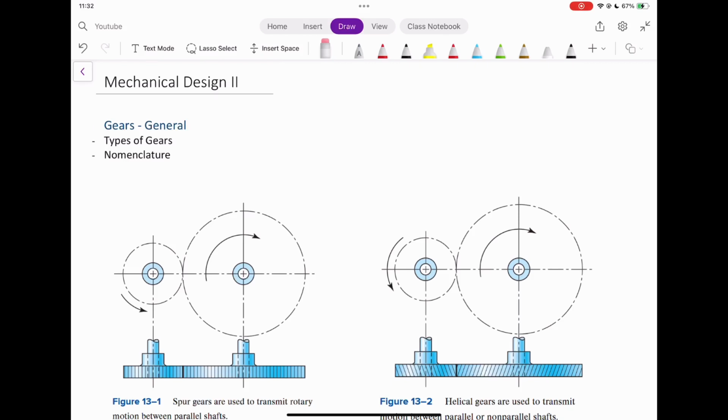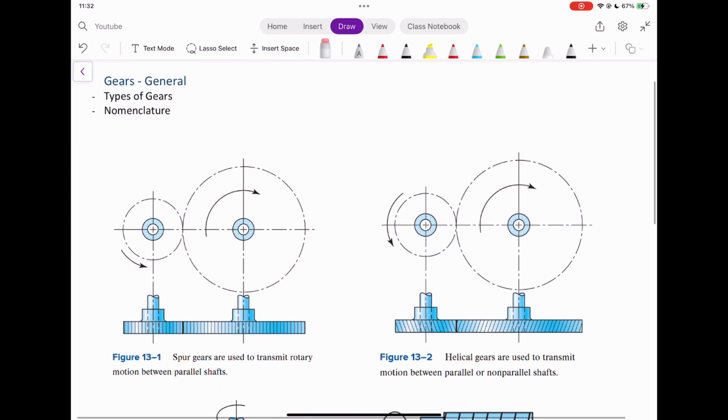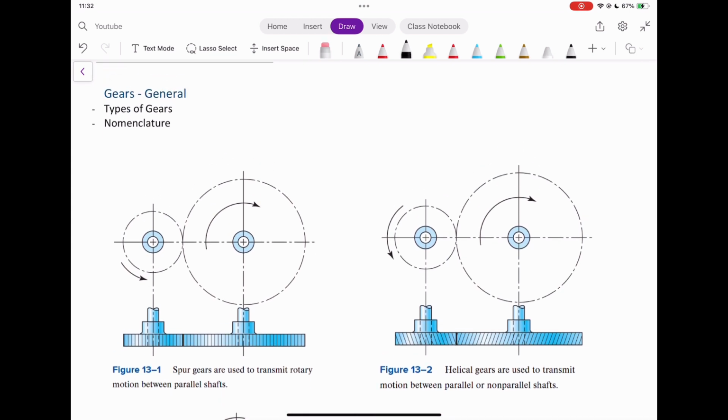Hey everyone, in this video we're going to talk about gears in general and specifically types of gears and nomenclature. This is the first video that is part of a lecture series on mechanical design 2. So we're going to start this video just by looking at the different types of gears and introducing the different